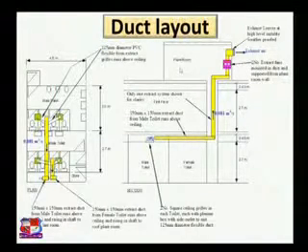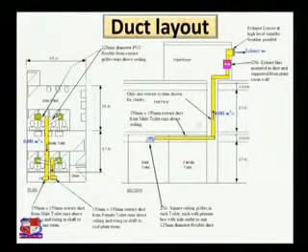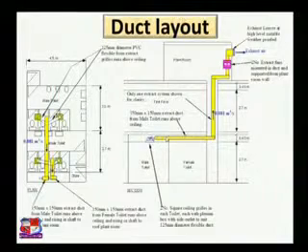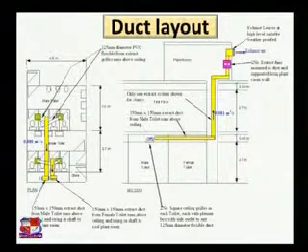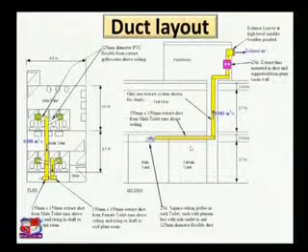This is a plant room. Here flow rate is given, that is 0.081 meter cube per second. So flow is in this yellow colored line from here to here, and here exhaust air is there, and here also flow is shown. This is a plan and this is a sectional view.